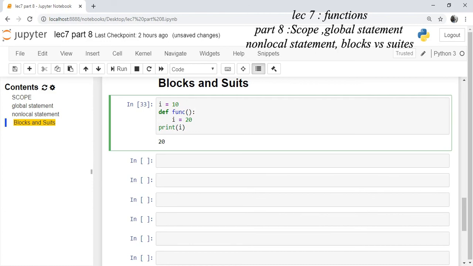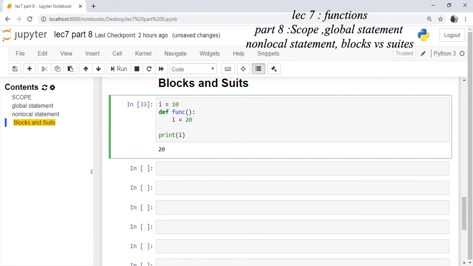This I is defined, then the function is there. You need to call the function func. Now the control is transferred to the function definition, and I is assigned 20. This is a different I and this is a different I. Therefore when you print the value of I, you get the output as 10 in this case.